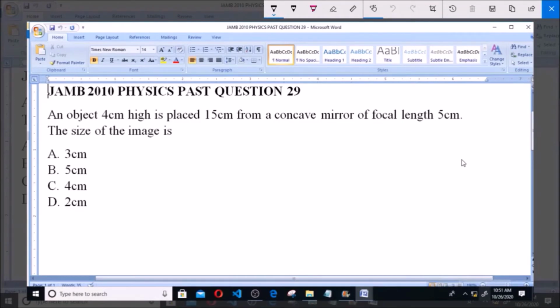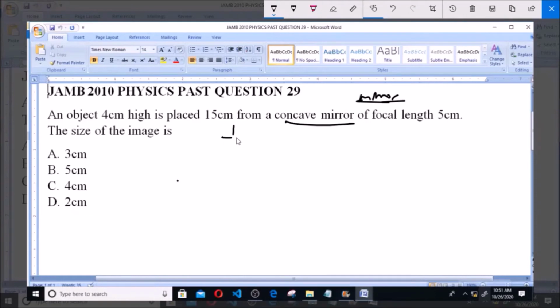An object 4 cm high is placed 15 cm from a concave mirror of focal length 5 cm. The size of the image is A. 3 cm, B. 5 cm, C. 4 cm, D. 2 cm. Now we are looking at a concave mirror. Once you see mirror, the first thing to do is to remember the mirror formula,